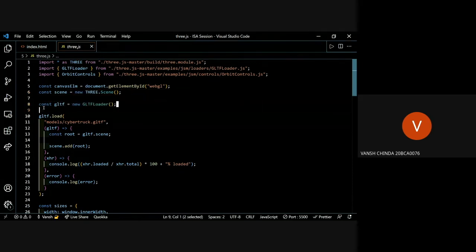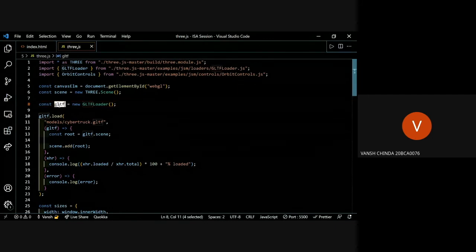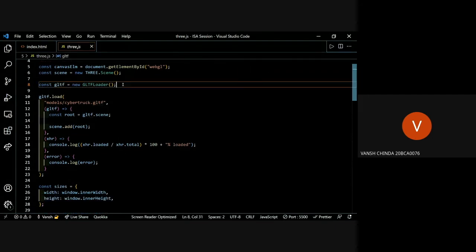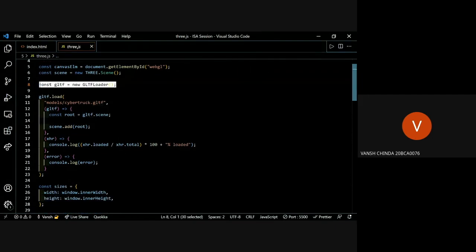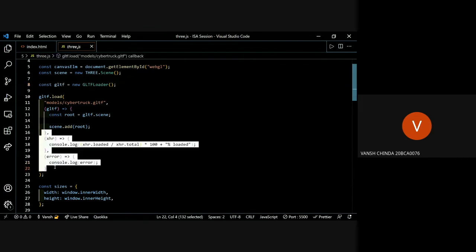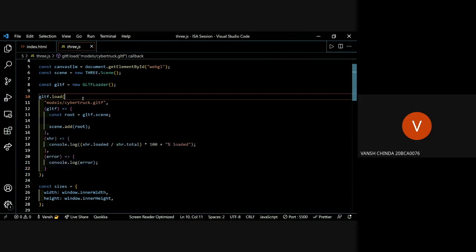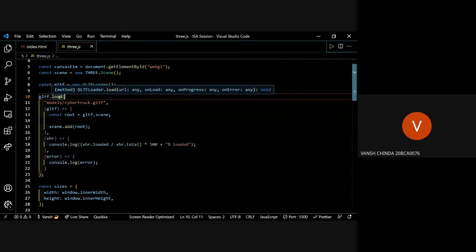And then we need to call a GLTFLoader class. So we made just a new GLTFLoader object, and it's really simple. I'll explain later, you don't need this much code. This is actually to get much more into what's happening. So let's see first here. This should show the parameters. You can see the parameters up there.